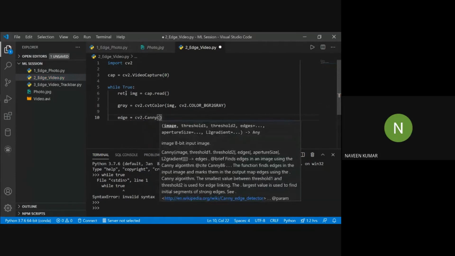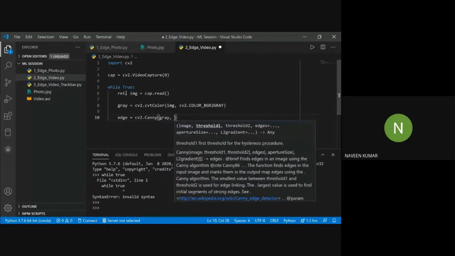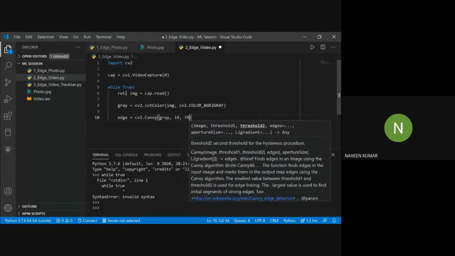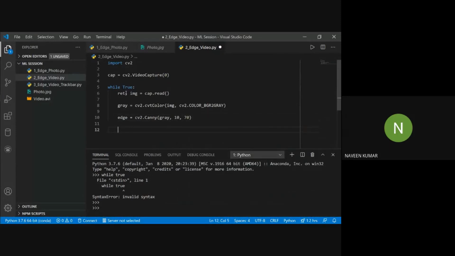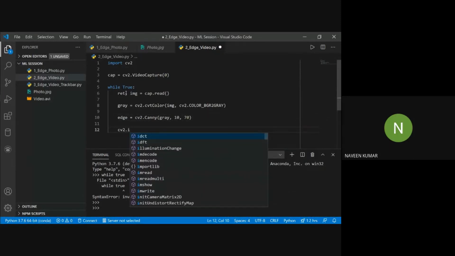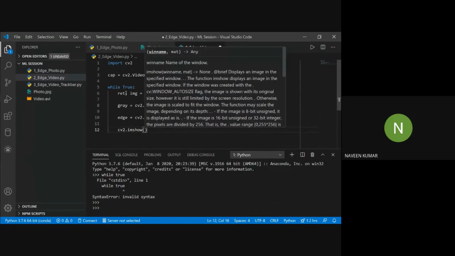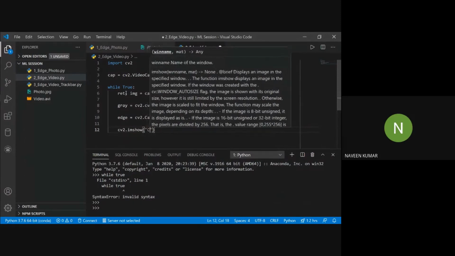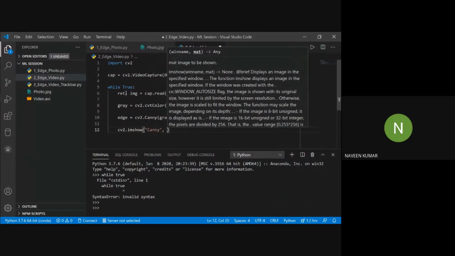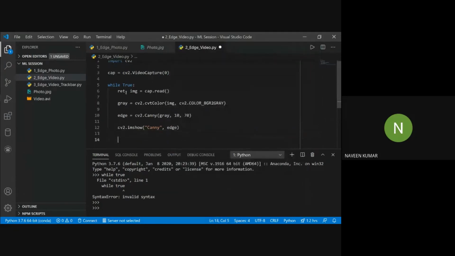The first parameter is again the image we want, and then the threshold values. Then we will display using imshow, the name of the window and the image.